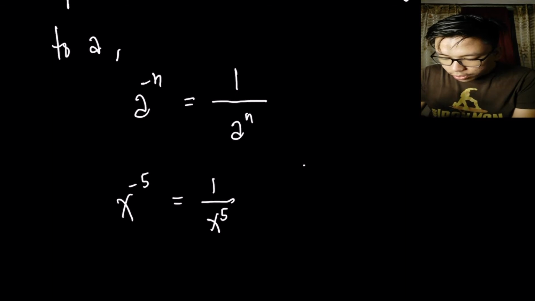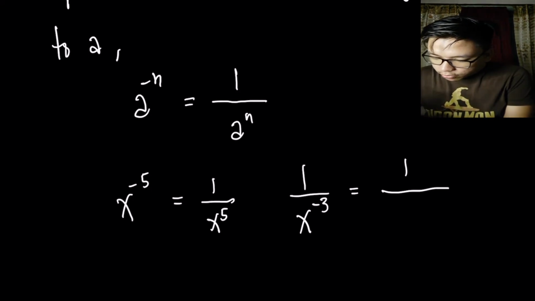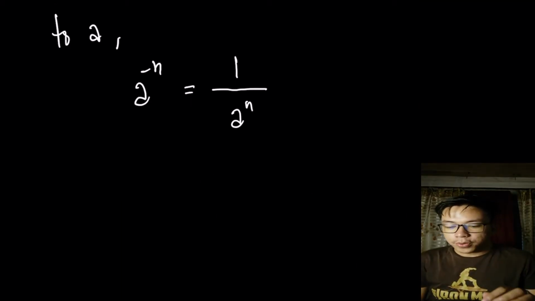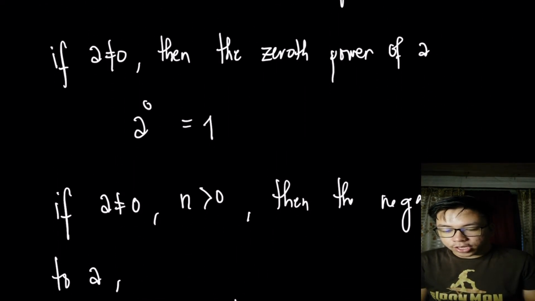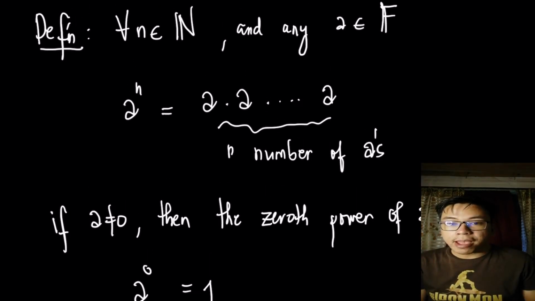If you have 1 over x to the negative 3, you can write that as 1 over x to the 3. So technically, that's 1 times x to the 3 over 1, that's x to the 3. That's it. Okay, so this definition I've shown you here is actually one very specific example of the laws